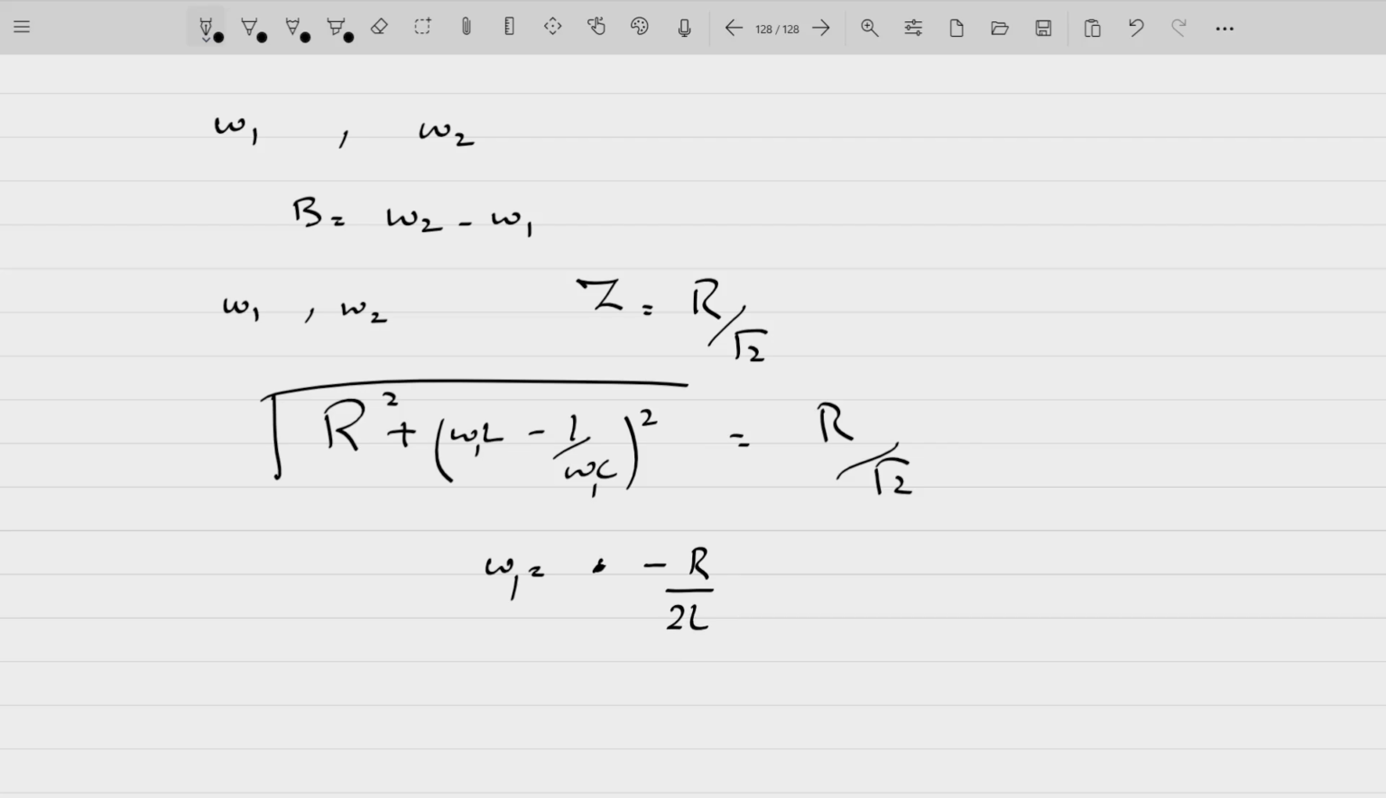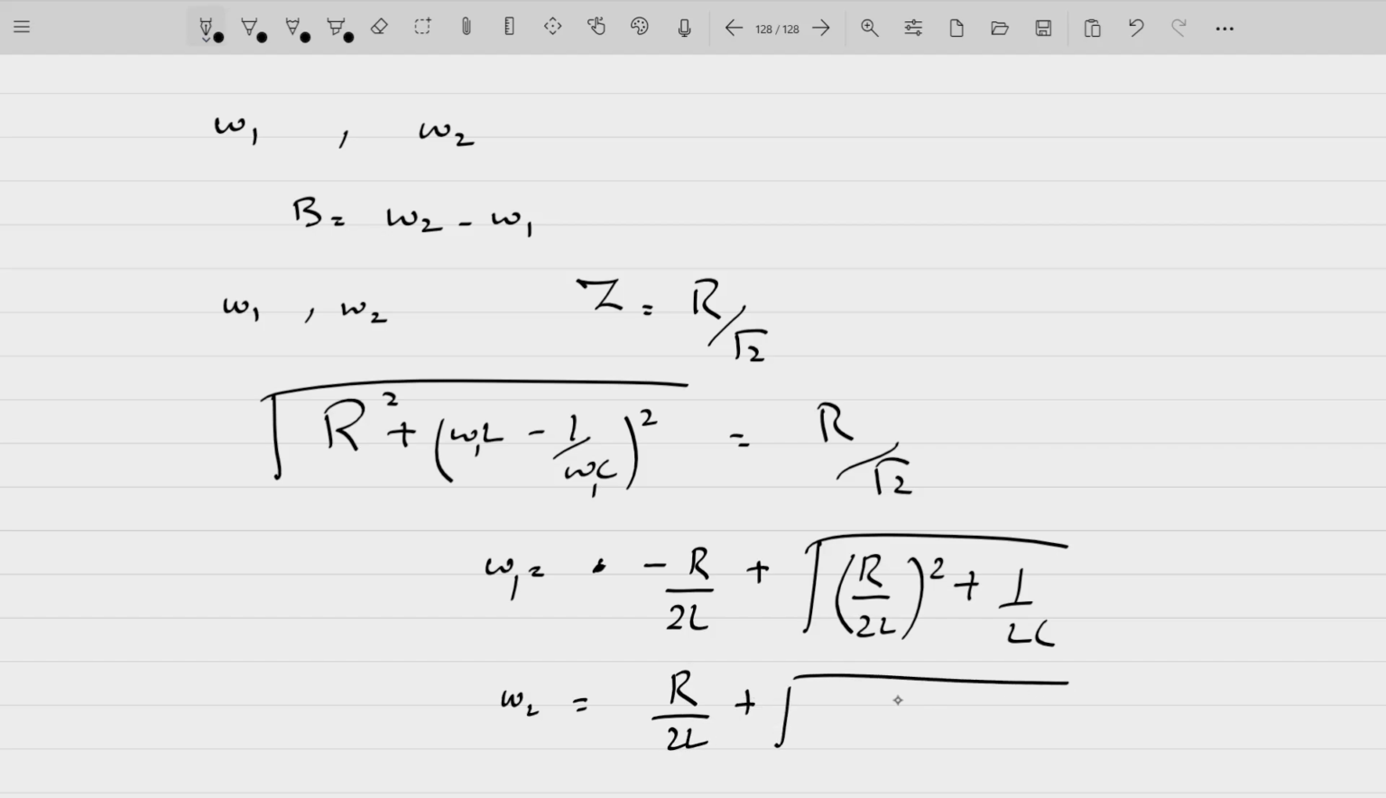ये एक्चुअली आपको क्वाड्रेटिक टर्म आएगी, यहाँ से आपको ओमेगा 1 ओमेगा 2 दोनों मिल जाएंगे बाय फ्रॉम द रूट्स ऑफ दैट. So omega 1 will be equal to minus R by 2L plus under root of (R by 2L) square plus 1 by LC. ये फॉर्मूला आपको याद रखने की ज़रूरत नहीं है. ओमेगा 2 is equal to plus R by 2L plus under root of (R by 2L) square plus 1 by LC. If you want to find out the values of omega 2 and omega 1, you need to substitute